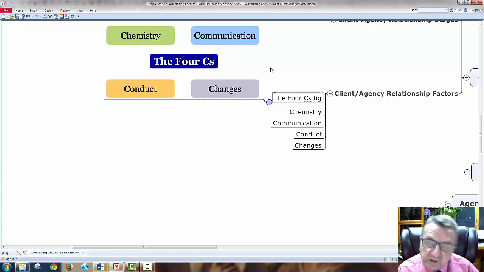The communication has to be clear. Even though you may be at this level talking about frequency and exposure rate, what the heck is that to the client? So I have to be able to communicate at a higher level and also bring it down and simplify it, depending on the audience I'm presenting my ad to. My communication has to be able to adjust to the accountant. It has to be able to adjust to the manufacturer, you know what I mean? And I have to have good communication skills and be able to listen. That's the biggest thing in communication skills.